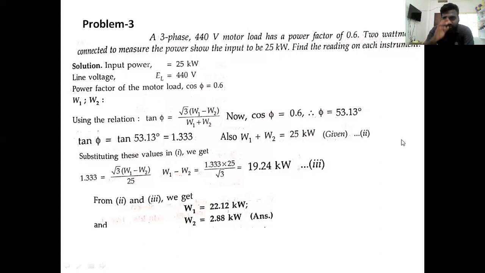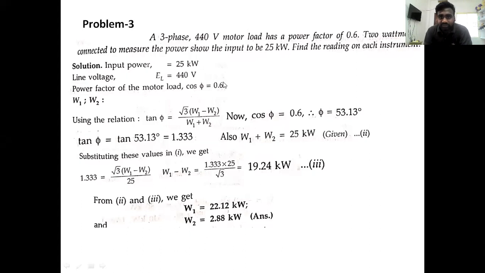Right, 212 got the same answer with respect to W1. After calculating W1, substitute it into one of the expressions, equation 2 or equation 3. After calculating W1, you can substitute the value of W1 here, or in W2, and next we will calculate the value of W2. I think it's clear.